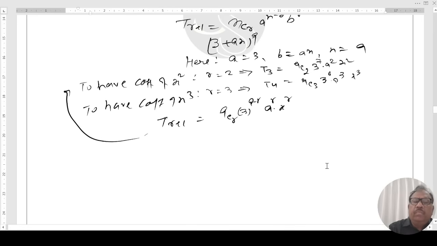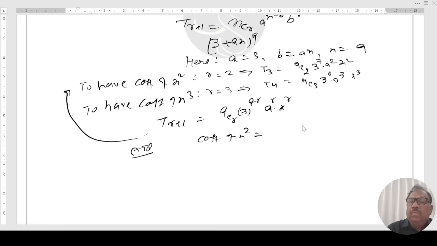According to the question, the coefficient of x square equals the coefficient of x cube, which means 9C2 3^7 a^2 equals